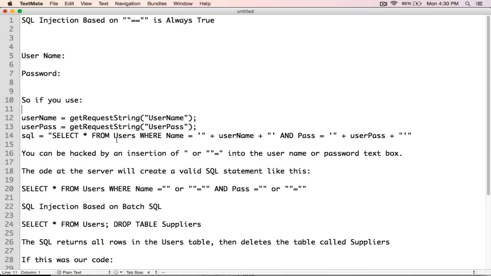SQL equals select star from users where name equals single quote double quote plus username plus double quote single quote, and pass equals single quote double quote plus user pass plus single quote inside double quotes. Anyway, if somebody puts this input into your two fields, this into your username and this into your password, the server will basically run this statement,